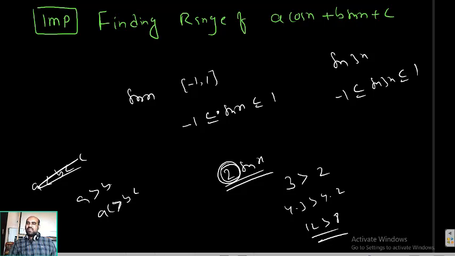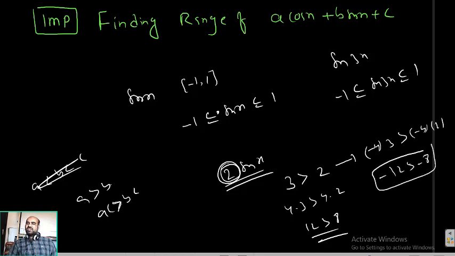But if you multiply with minus 4, what happened? Observe. Minus 4 into 3 is greater than minus 4 into 2, so minus 12 is greater than minus 8. This is a wrong statement, because minus 8 is greater than minus 12. What is the meaning of that? The inequality should alter. Means if 3 is greater than 2, and minus 4 is multiplied, minus 4 into 3 should be less than minus 4 into 2, or minus 12 less than minus 8.